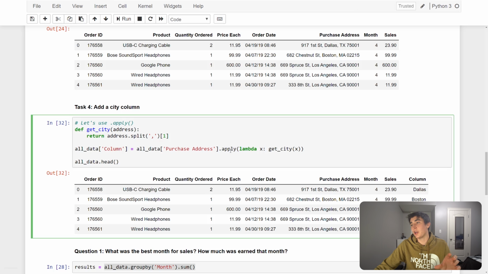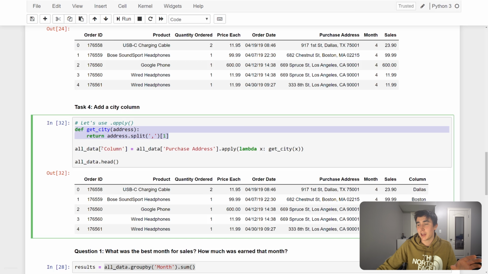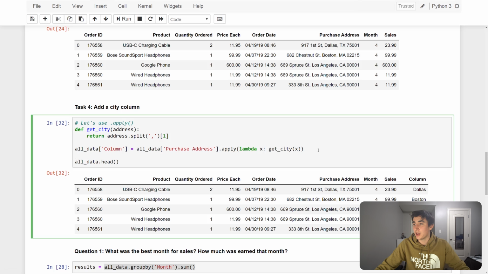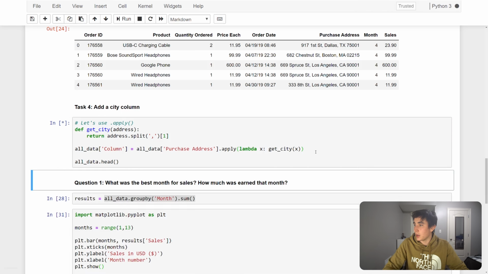And I think the one caveat critics might have of this apply method is it's not going to be the most efficient. Because this is a custom function, it can't be super highly performant. But honestly, for most cases, as long as you're not dealing with hundreds and thousands of terabytes of data, for most everyday data science use cases, I have no issue using this apply method with speed or anything. So I'm going to run this again and show you that